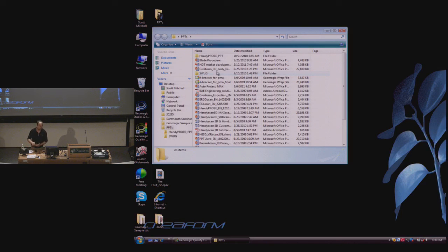I also worked for Starrett years ago. This is a digital caliper, a traditional tool. So if I want to measure something, right, I can do this. But how do I measure this thing when I've got organic shapes? And the answer is 3D scanning. So let me put this down, and what I'm going to do is just give you a very quick